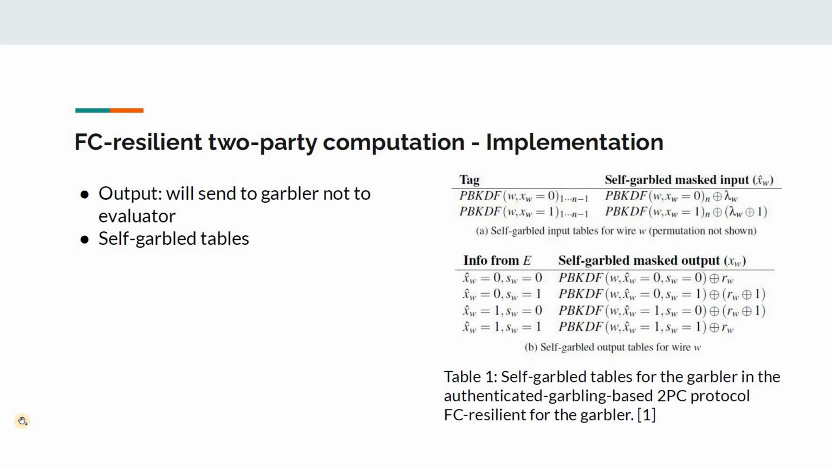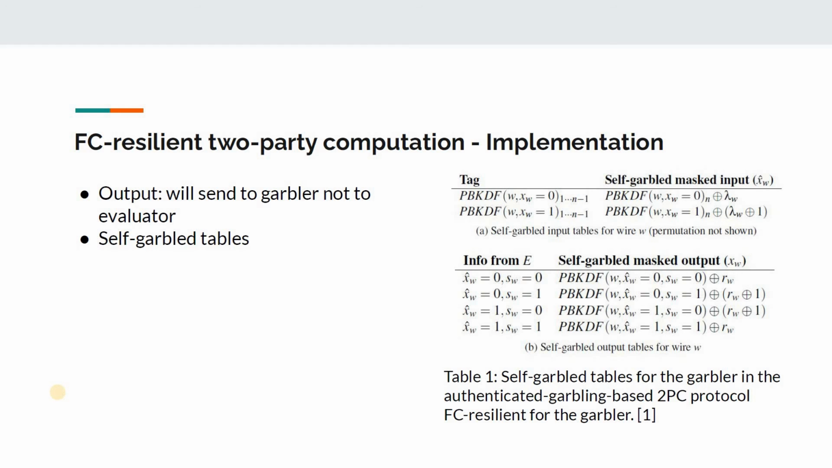Now we move on to the implementation part. Based on the framework in the construction part that we presented previously, there are two main changes. First of all is about the output. This will be sent to the garbler, not to the evaluator. And second is the self-garbled garbler tables, which we send in the right place here. And the